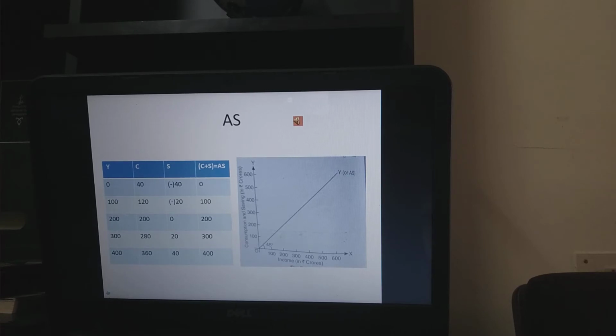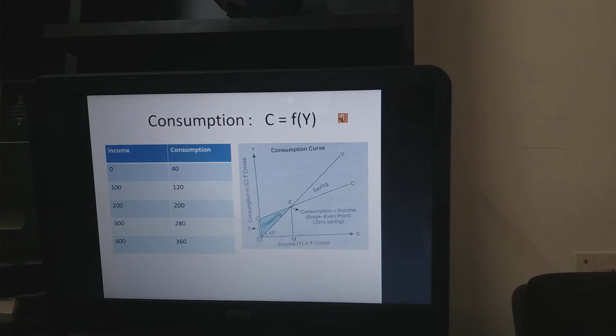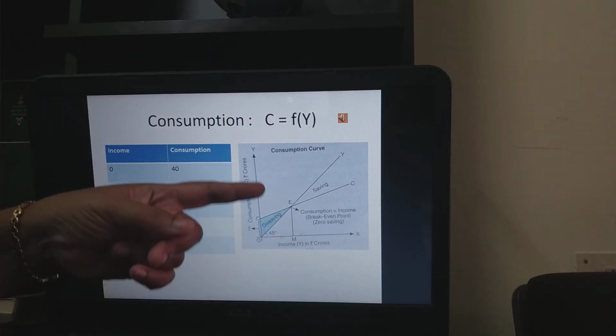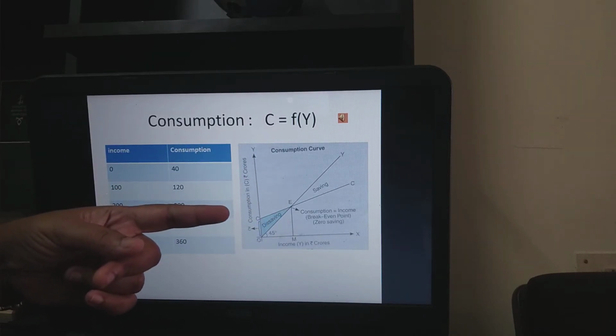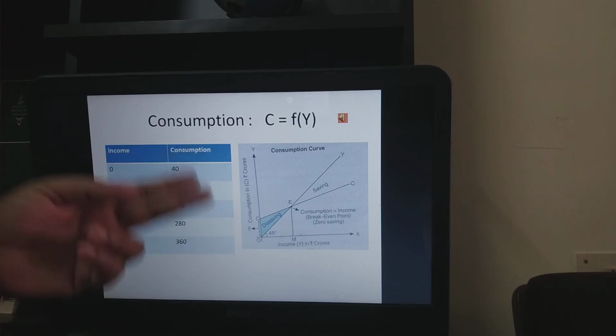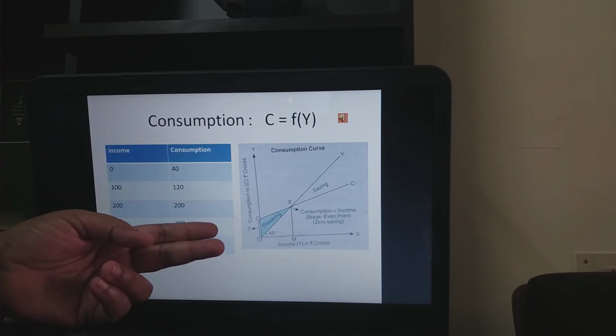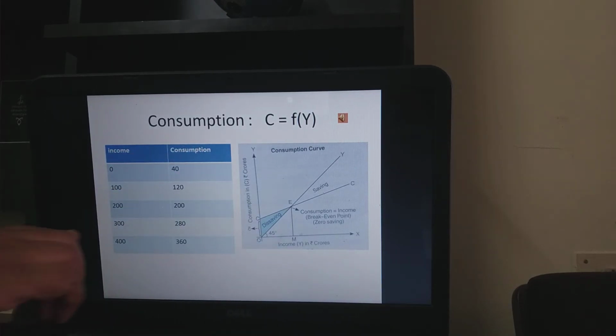So now you have understood the concept of aggregate demand and aggregate supply. With that, we will move on to the next concept, the concept of consumption function. This is nothing but the diagrammatic explanation of the consumption which you have learnt already. So a very quick reference into this. Only the income and consumption detail from the previous table has been taken and put up here.